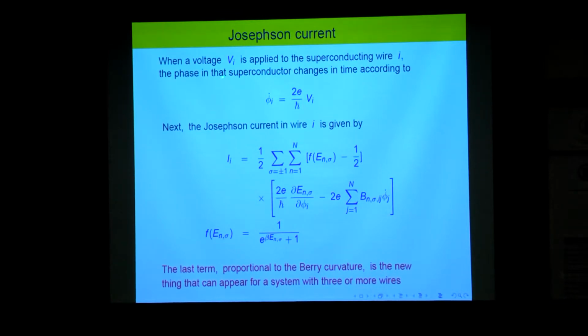Now we look at the expression for Josephson current. If you apply voltage Vi to a particular wire i, then we know that the phase in that wire changes in time according to this equation. This is one of the important equations for the Josephson effect: phi dot is 2e over h bar times the voltage there. The other equation is that the current in i is given by the derivative of the Andreev bound state energy with respect to the phase in that band,